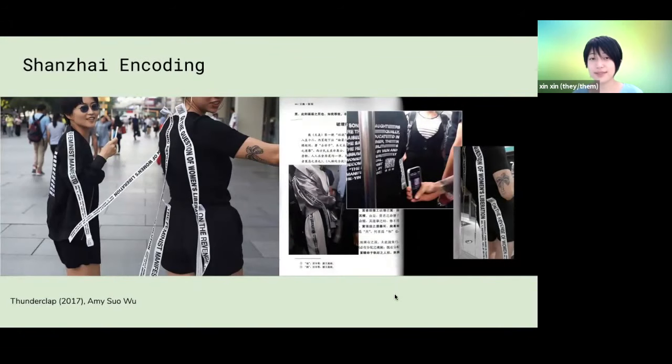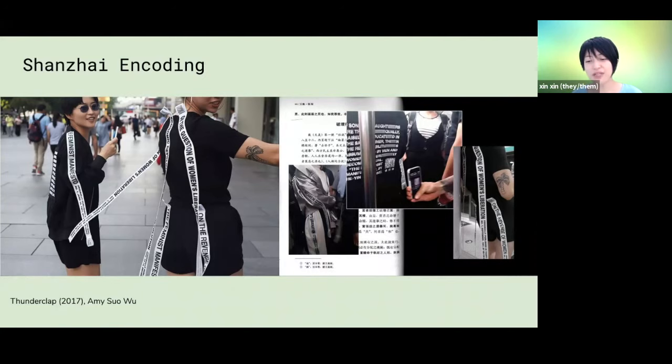And this is another example, a really different kind of approach that actually borrows from what we talked about last week, the Shanzai culture. So the idea of pirated fashion brands. In this case, it's pirating Off-White and the style of Supreme and these kinds of streetwear clothings that really use white stripes and bold font as their signature marker.